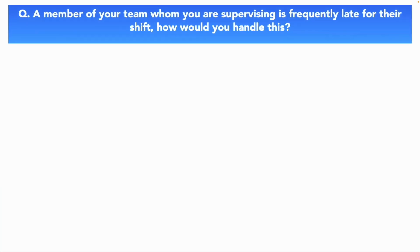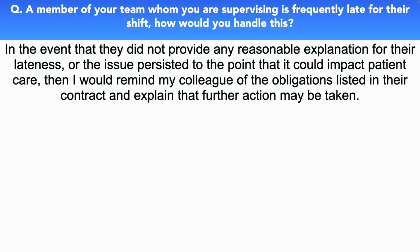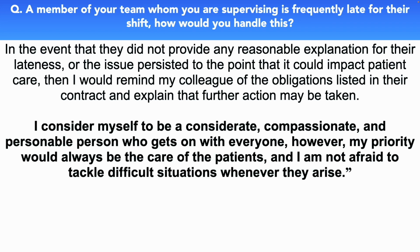In the event that they did not provide any reasonable explanation for their lateness, or the issue persisted to the point that it could impact patient care, then I would remind my colleague of the obligations listed in their contract and explain that further action may be taken. I consider myself to be a considerate, compassionate and personal person who gets on with everyone. However, my priority would always be the care of the patient, and I'm not afraid to tackle difficult situations whenever